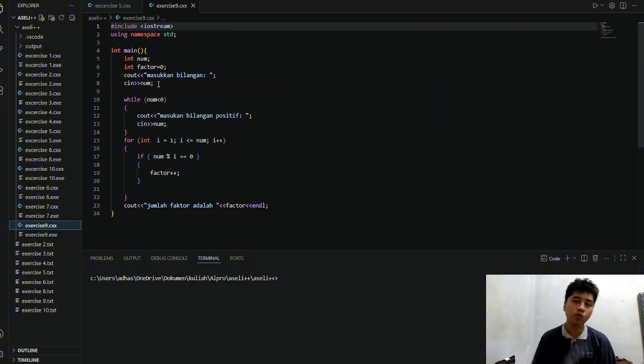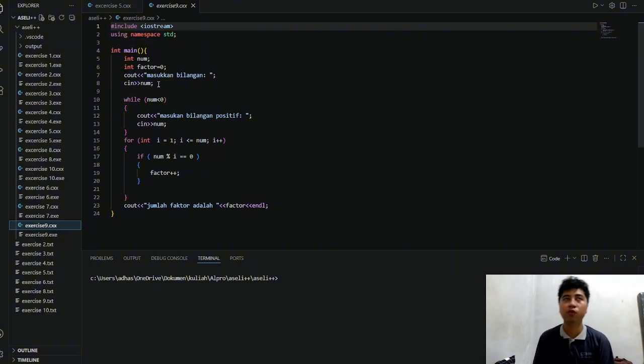Then we need to start the loop. This is the first scenario. While num, the number we input, is smaller than 0, then cout will be "masukkan bilangan positif". This is to make the user input a positive number.